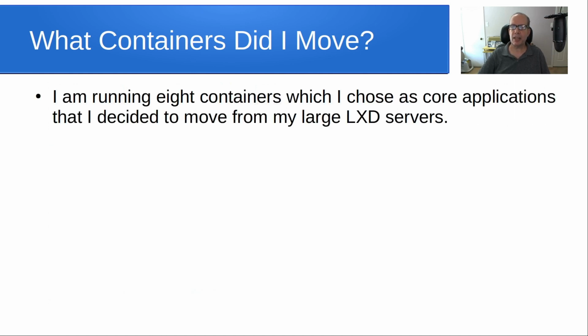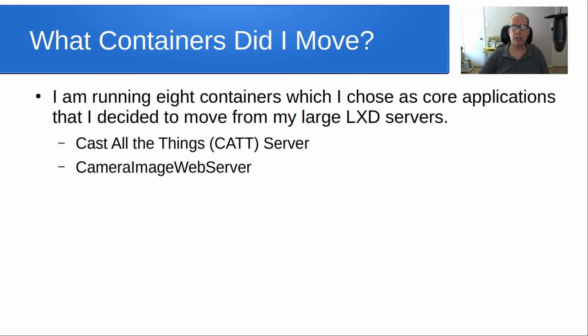So I'm running 8 containers, which I chose as core applications that I decided to move from my other 3 larger LXD servers. First of all is the Cast All The Things server, or CAT server for short. A CAT server is a GitHub project, and what it does is it allows you to take the contents of a web page or of a video and cast it over to a Google Chromecast device, and I use that in my home automation. Secondly, I have a custom server called Camera Image Web Server, and on my front porch I have a camera,